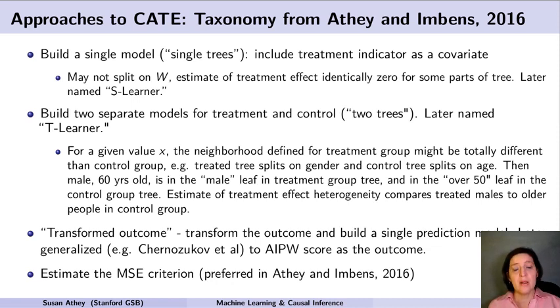And what is the problem with that? Well, your tree might not even split on the treatment. And so if you have one part of the tree that splits on X, defines subgroups by X, but doesn't define subgroups that are different by W, that's going to mean that your implied estimate of your treatment effect in that area, for those X's, will be 0. So that's not going to be very helpful for coming up with treatment effect heterogeneity, because we're going to get the same answer no matter what W is.